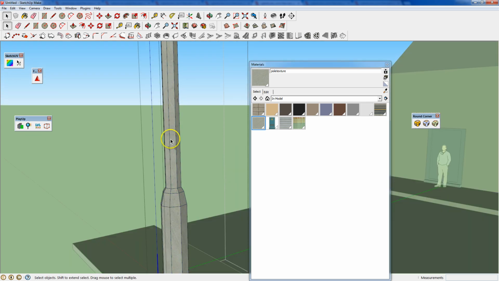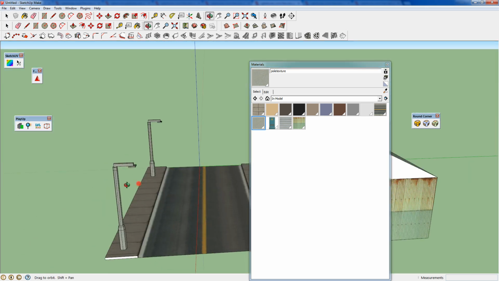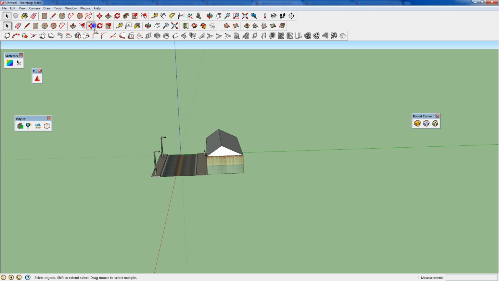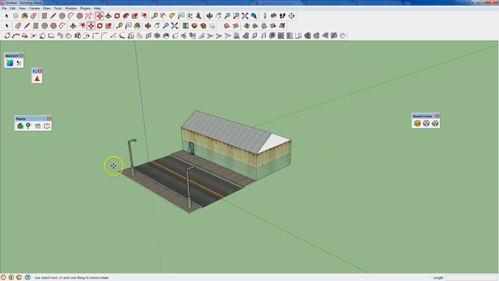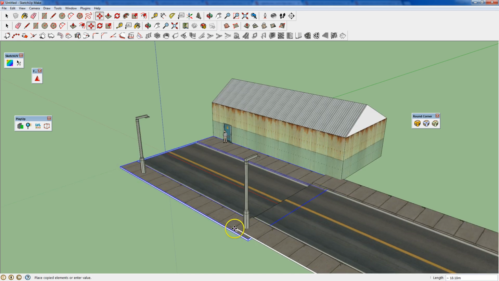I might have to actually go in and just grab this one and then paint around. No, it looks like it's going to be fine. Like that, that'll do. Okay, so there's my model, very quickly done. If I want to just make it a bit more interesting before I bring it into Unity, what I will do is grab this and